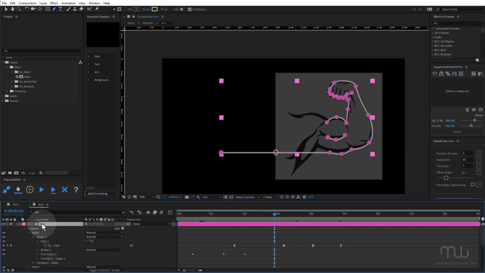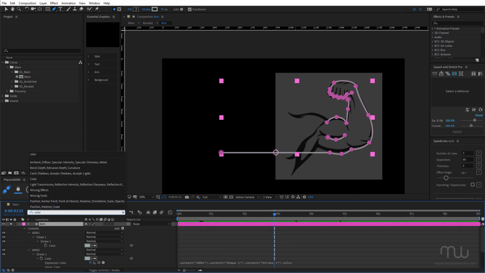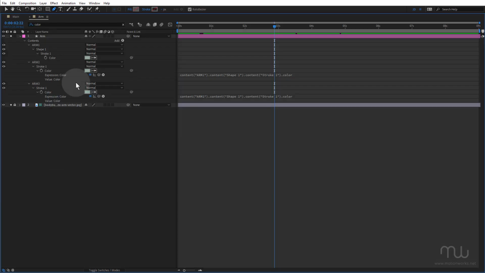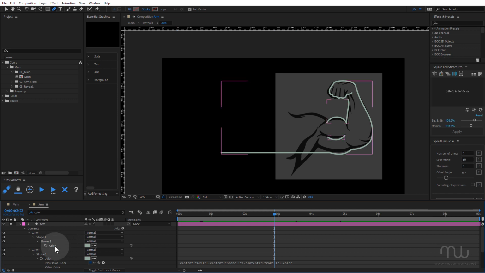One other thing I want to mention here, if I just type in the word color, notice, if I just maximize this, notice that I have 3 different colors, or 3 of the same color, but for arm 3 and arm 2, I've just used the expression pick whip and I've just linked them up to color 1. That just means if I need to change the color of the stroke, then I only have to change it in one place. But I've gone one step further and I've dragged that color up to the Essential Graphics panel